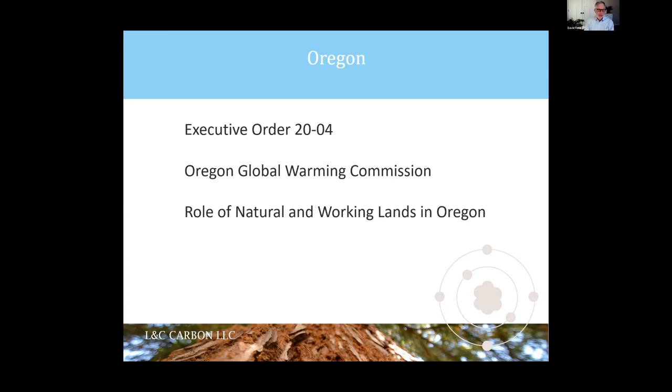Oregon Department of Forestry, Department of Agriculture, and a few other state agencies are involved in that effort. Obviously, Department of Forestry is looking at the forest component of that, which is significant based on how much forest we have in this state. And the goal is by the end of June of this year to have some targets set for at least what contributions forestry will have that will then be put together with other natural and working lands. And so I urge you to take a look at that and participate in the opportunity for the public involvement process that's going to be ongoing here.